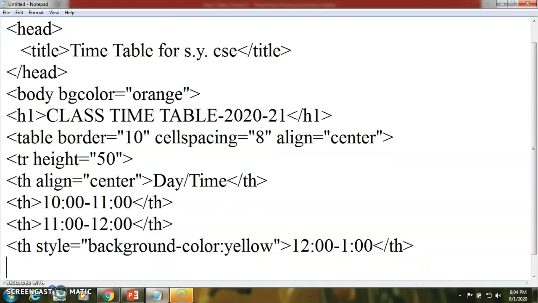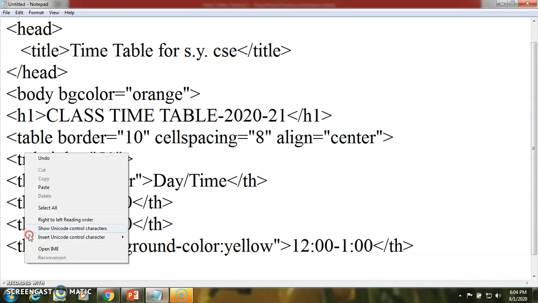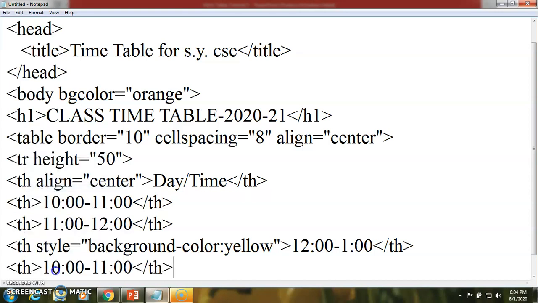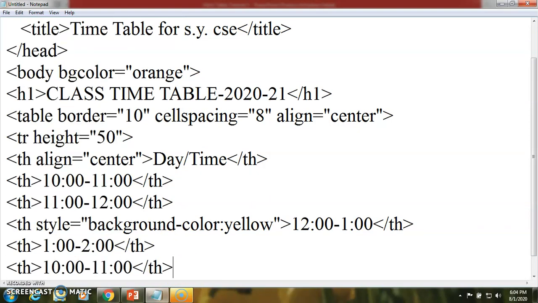Then we are going to add another row where the slots are going to be 1 to 2, next that is 2. Then we have the next slot, that is 2 to 3.